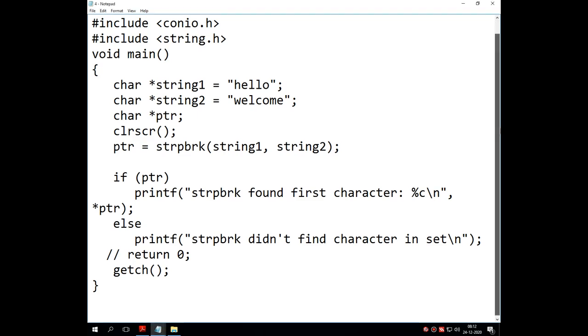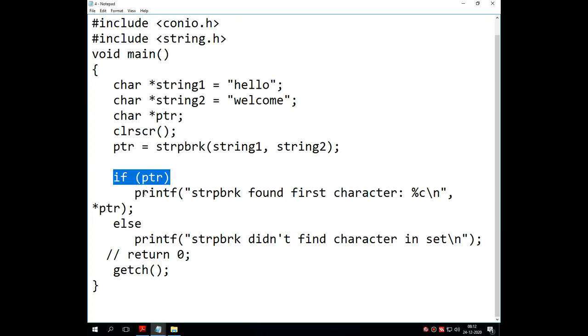On screen there is a complete program of the strpbrk function where you can see that first I have declared two string variables which contain specific values, then there is an output variable, then after the clrscr function, into the output variable I have passed these two variables as parameters into the strpbrk function.